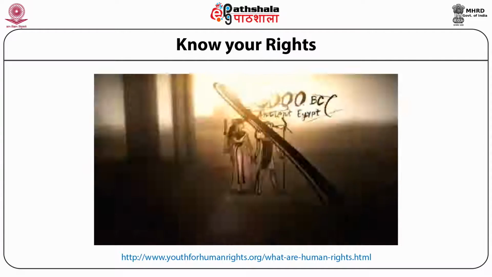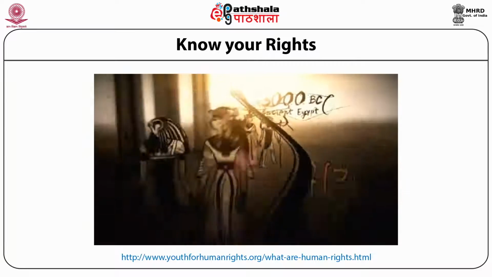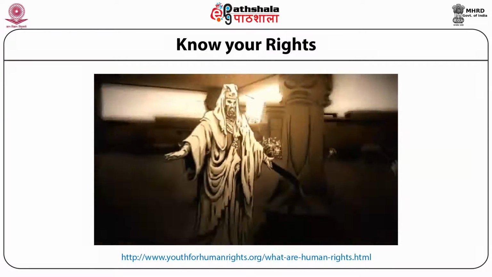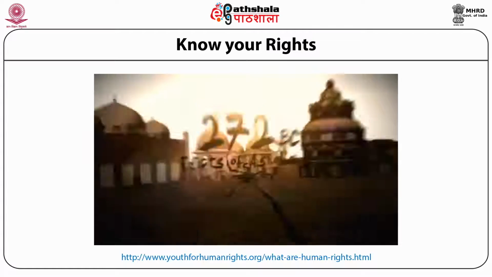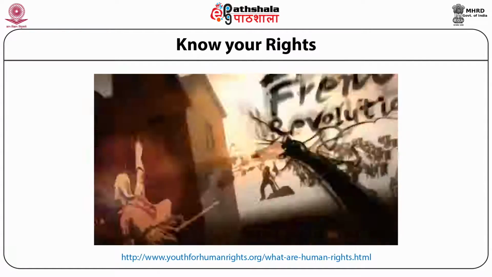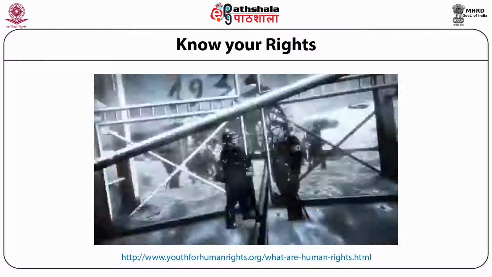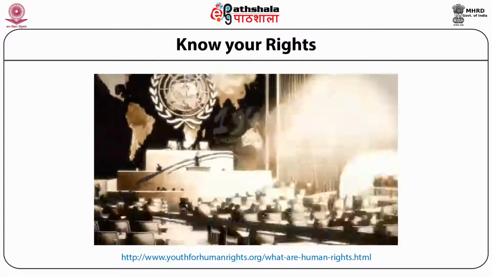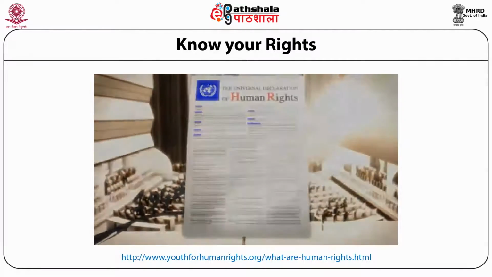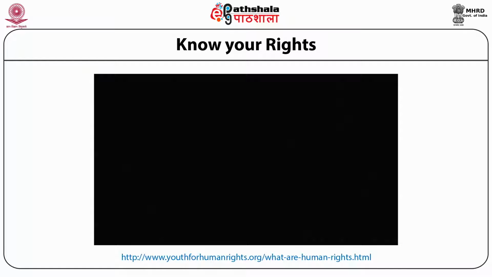So, in summary, at first, only a few lucky people had any rights, until one of those guys decided, hey, other people should have some rights too, which was great, except not everyone agreed. And it only took a few thousand years of fighting and declarations and more fighting until everyone finally agreed that human rights should apply to everyone. And they all lived happily ever after. Except for one little problem.